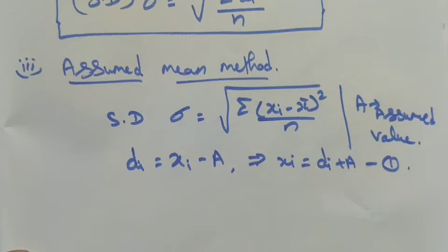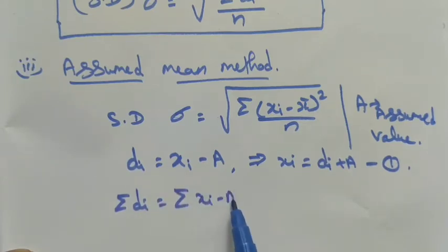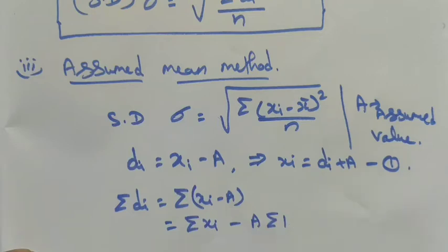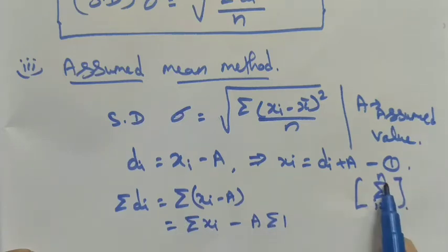Now, here we have the mean for this term, so the summation of di is equal to sum of xi minus a. Summation of xi minus a can be rewritten in the form of summation of xi minus a into summation 1. Summation 1 is nothing but up to the nth term. Here summation means the summation belongs to i is equal to 1 to n, that is the meaning, right? So summation 1 is up to the nth term here.